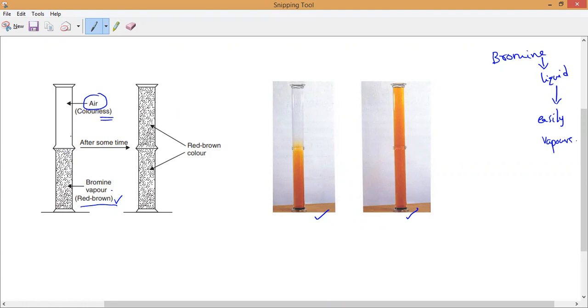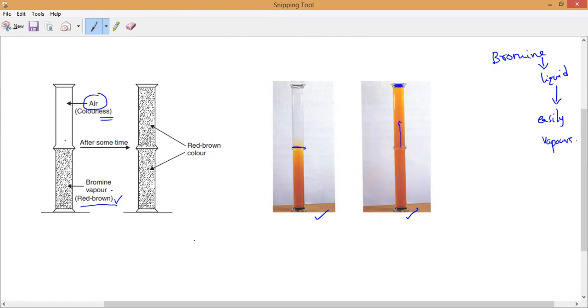Can anybody tell me? On that day I told you, bromine particles will go and mix with air particles. Of course, air will come down too, but we cannot see it. Mostly bromine is going up and mixing. Yes or no, Hari? Have you noticed it? Everybody, see here. Bromine is present down here, air is present up. Now bromine particles are diffusing in the upward direction. How does it take place?